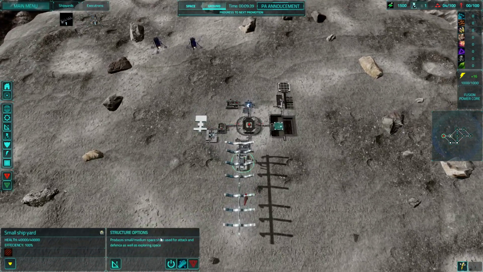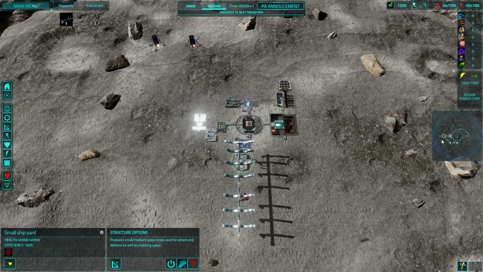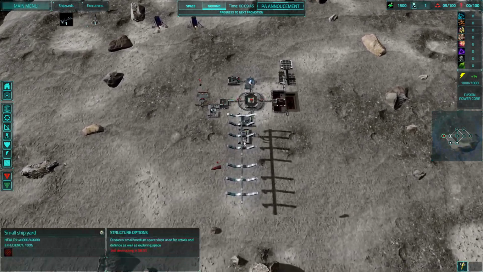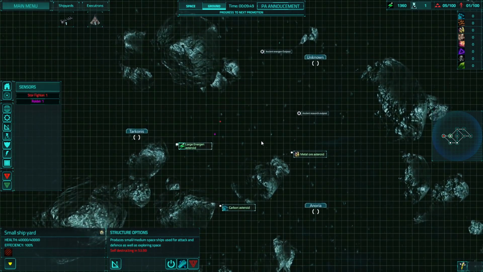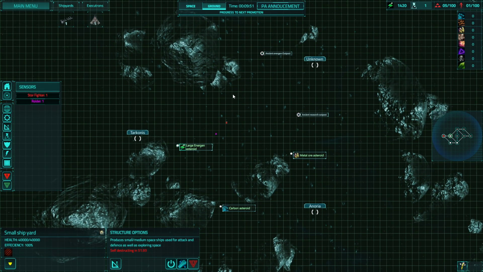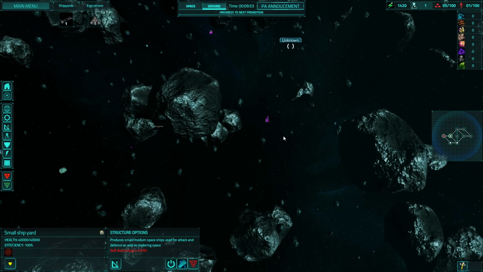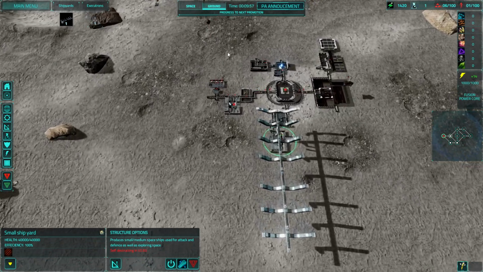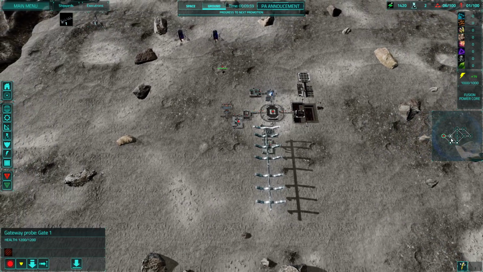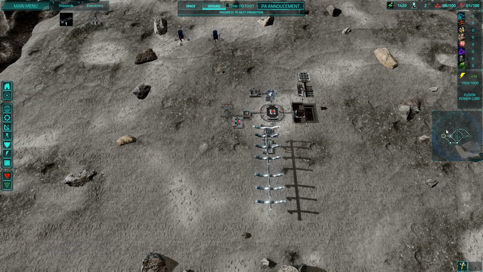the nearby systems. You want to get any derelict outposts or anything of that nature that you can get your hands on. There's the self-destruct of the shipyard, like I mentioned. If we come over into this system, we'll see that Coda has graciously been out here capturing things for me already. But if I was by myself, what I would be doing as soon as this was done is sending this gateway probe into one of these nearby systems directly next to me,